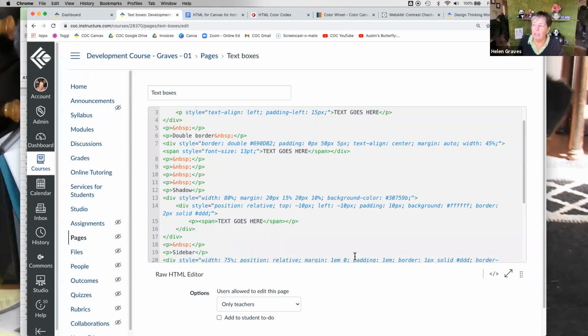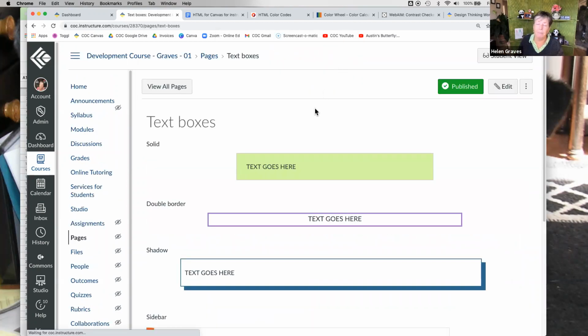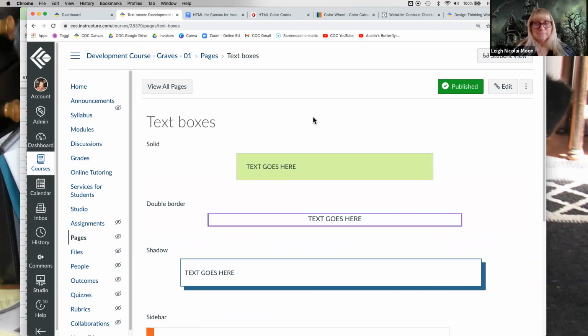The other thing to keep in mind is you will make mistakes. There are times when the mistake will be so horrific that the entire page is irredeemably ruined. I speak from experience here, but here's what I'm going to suggest. It's always best to make a copy of whatever it is you're going to work on in Canvas before you start playing with the code. If you've got a discussion and you want to add something fancy to it, make a duplicate of the discussion first, play around with it, get it the way you want it to be, and then either make that the live discussion or copy the code onto the existing discussion.